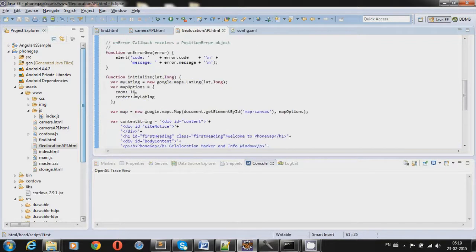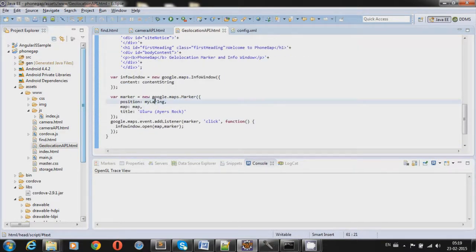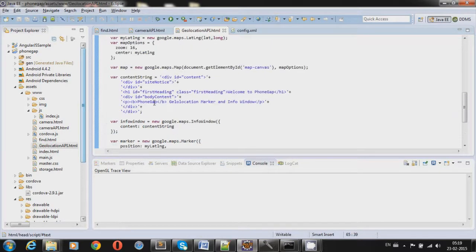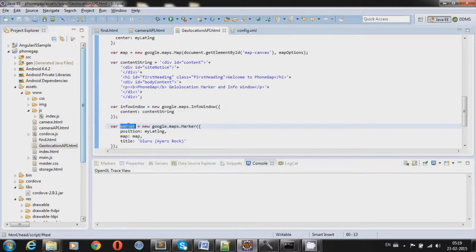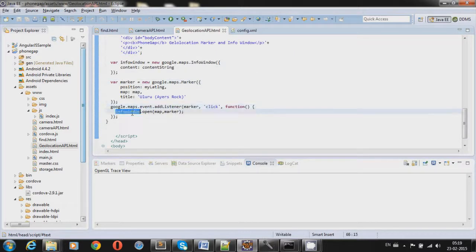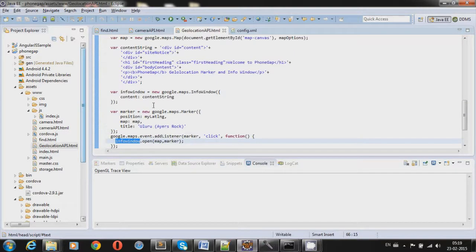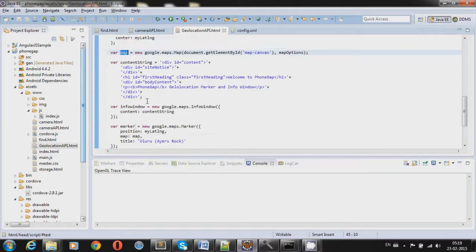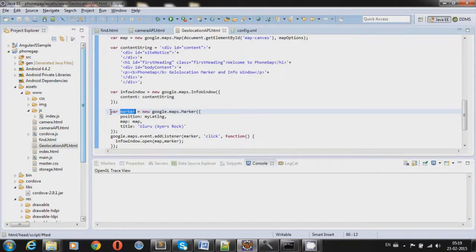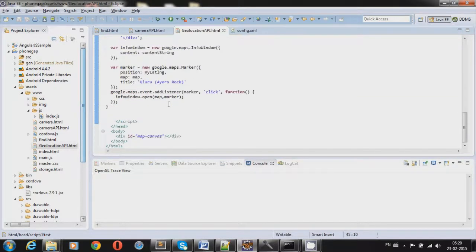This is the position, where we are passing our lat long which we created here, and we are passing the map, and we are adding the listener, google.maps.event.addListener, of this marker. So when this marker is clicked, infowindow.open is called. This info window we are creating here will open with the map and with the marker. The map is this, and the marker is this, which will create it.